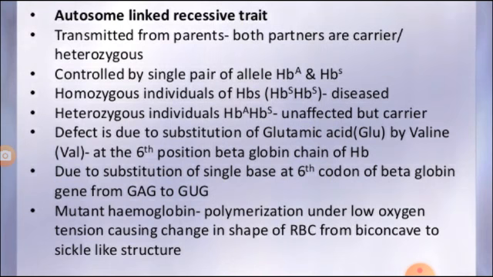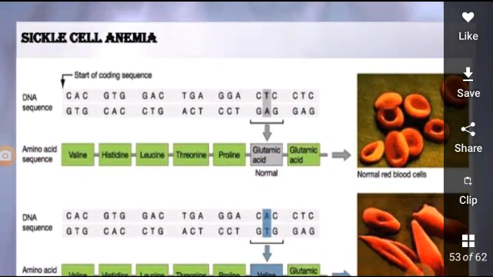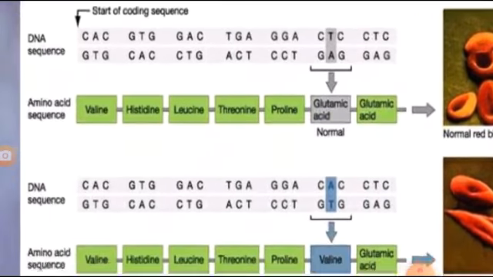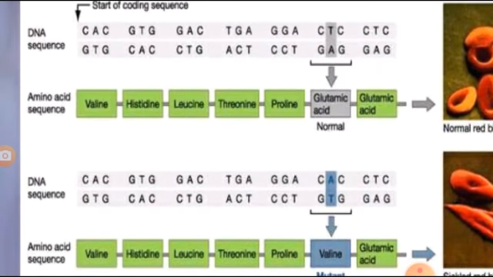And the inheritance of sickle cell anemia, if we look at the pleiotropic example, we have already understood in the pleiotropic condition. So this defect arises due to the substitution of valine for glutamine at the sixth position in the beta chain of the globin molecule of the hemoglobin. And this discovery provided direct evidence that the gene specifies protein and also established the concept of inheritance of molecular diseases. So it is caused due to inherited molecular disease, as you see in the diagram.